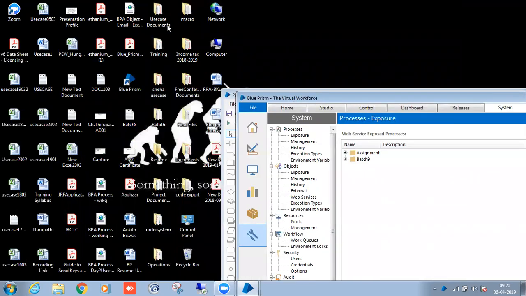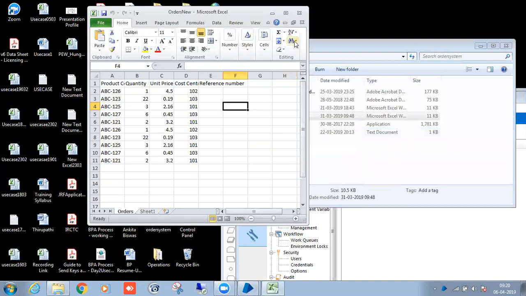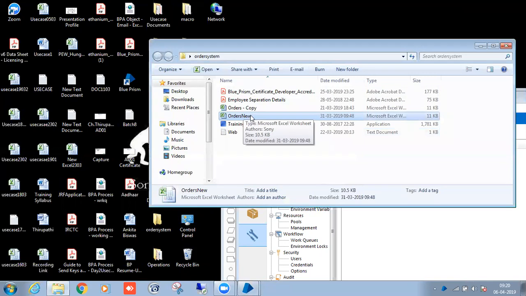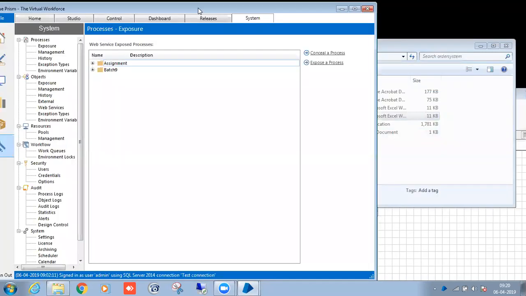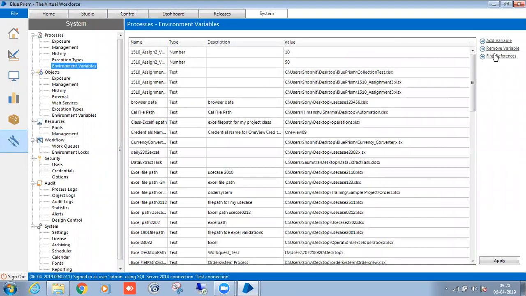So this is my path. Orders new, the name. So right click, copy as path. So now I'm creating the environment variable. Environment variable, add variable.